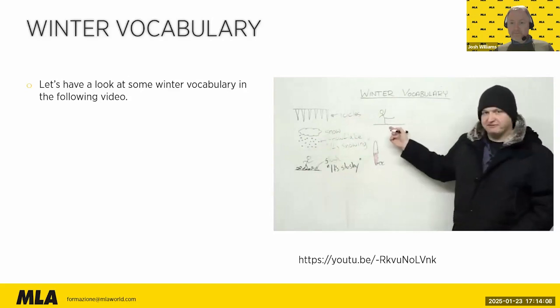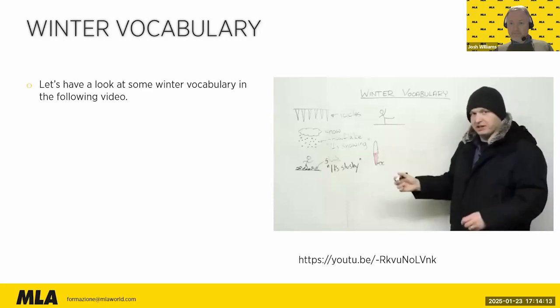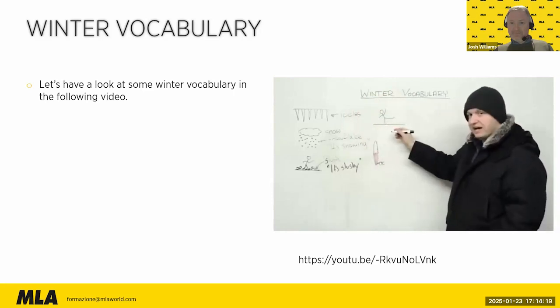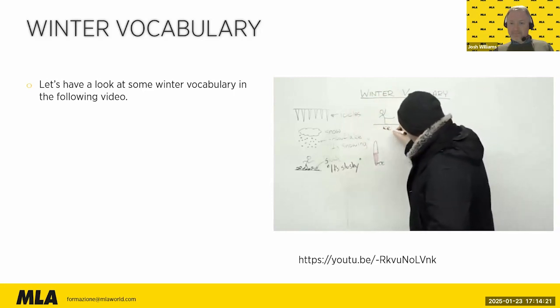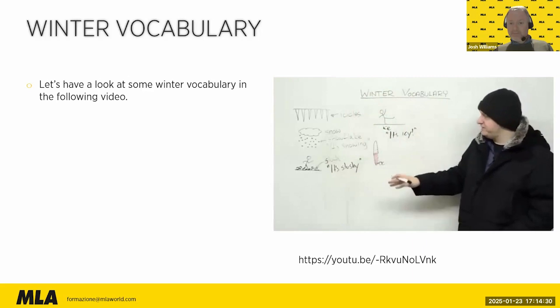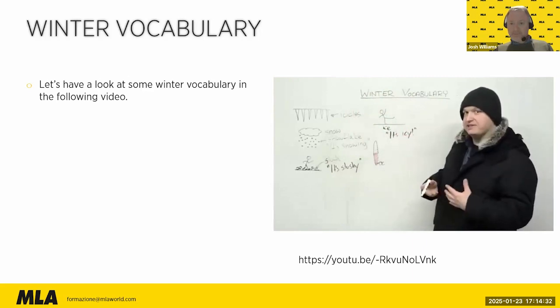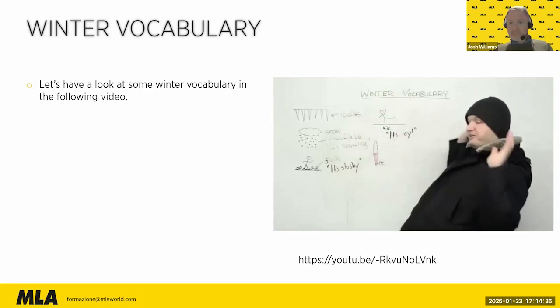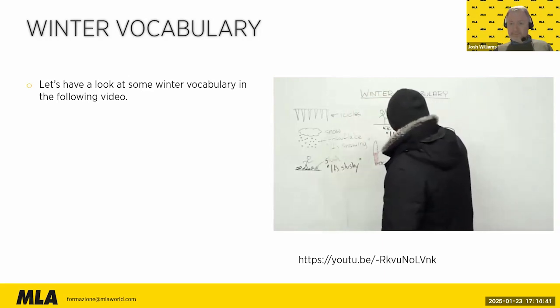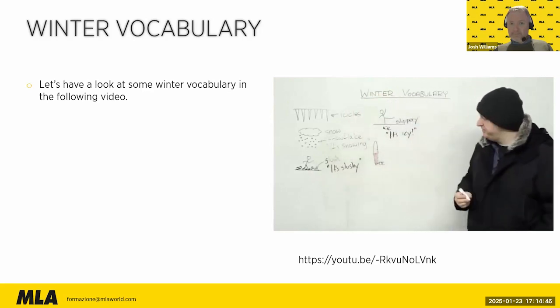Okay. Here we have an unfortunate situation. There is a man, maybe a girl, and they're walking on the street, and then suddenly they almost fall because there's ice on the floor, right? There's ice on the street. So we can say it's icy outside. It's icy. So the sidewalk, for example, can be icy. If it's icy, that means it's slippery, because if you fall, you slip. So the road is slippery. Slippery. Okay, this is an adjective.